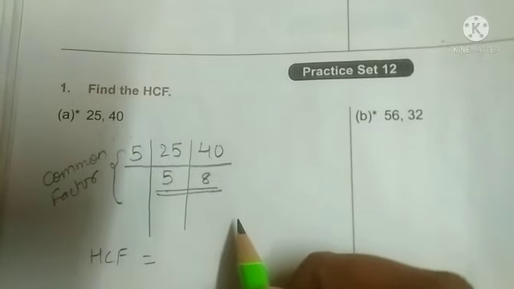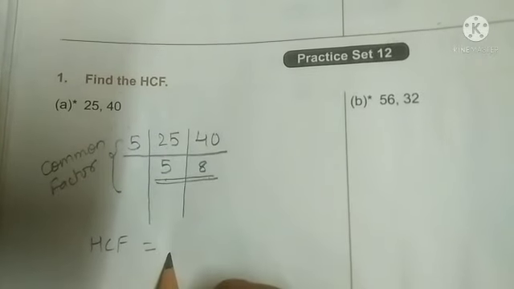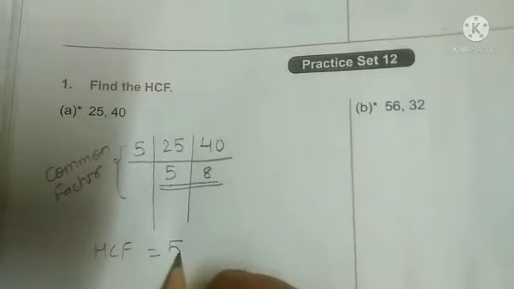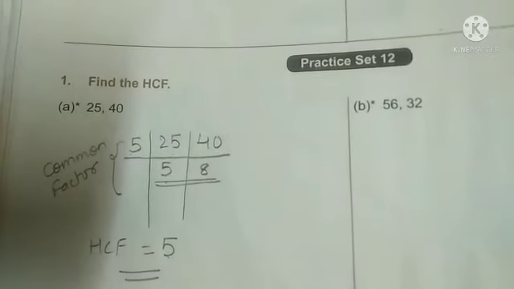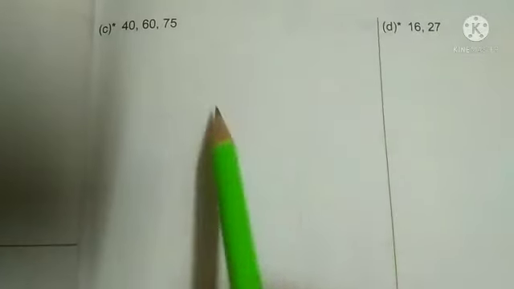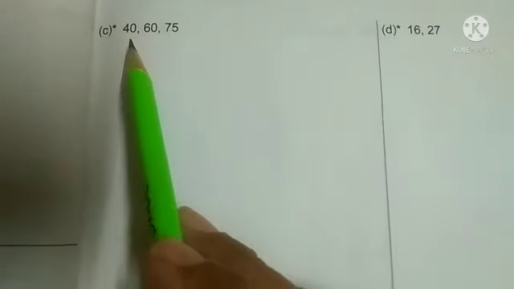Uncommon factor. Clear? So here, for finding the HCF, we will take our common factor. So our common factor is 5. So our HCF is 5. Clear, student? Now let's see the next one, that is we have to find out the HCF of 40, 60